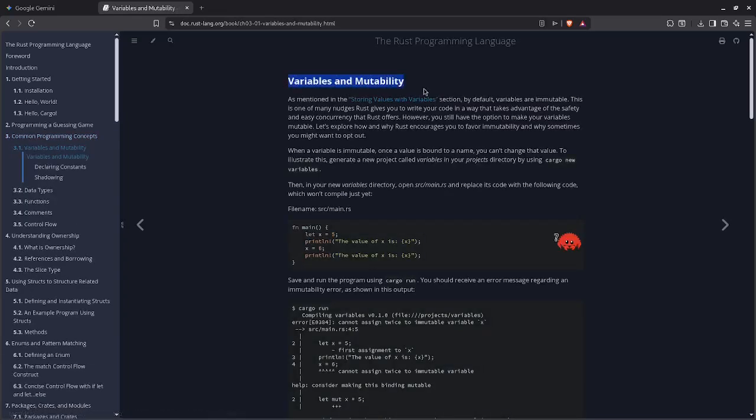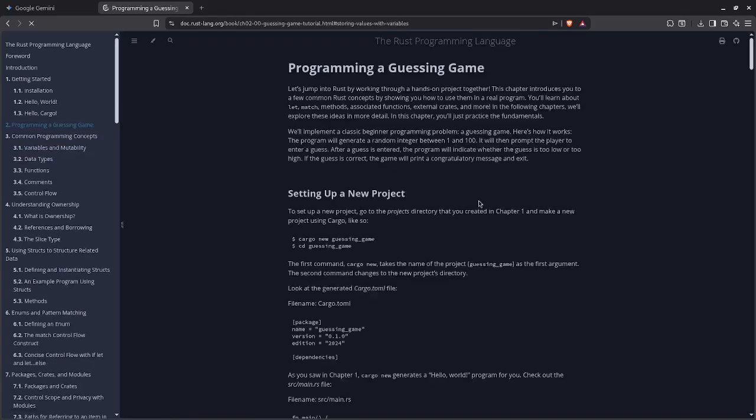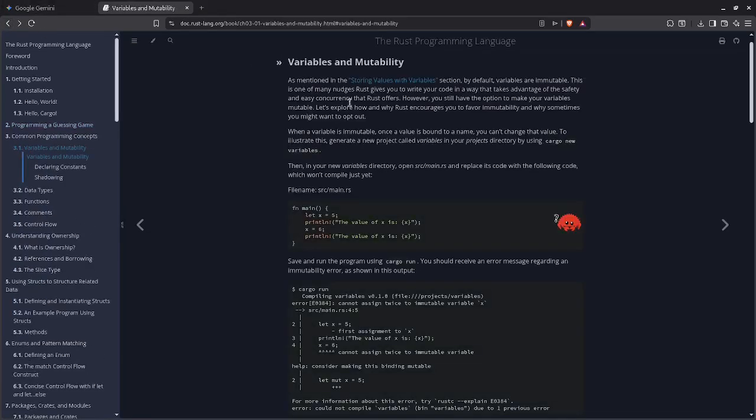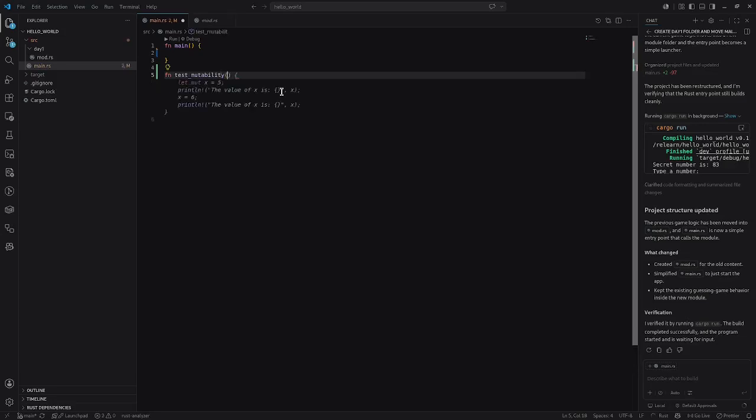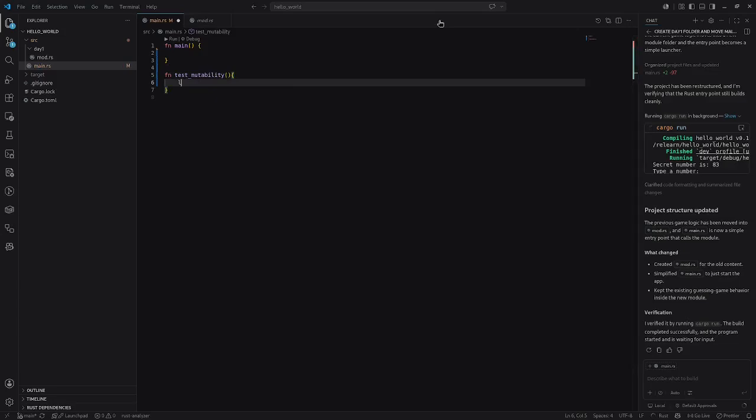And they say variables and mutability. For those who don't know, according to these guys, the default is immutable. So immutable, this is what I mean. If I create a function here called testing mutability, and in this testing mutability I say let x is equal to Steven. Okay, and we try to say x